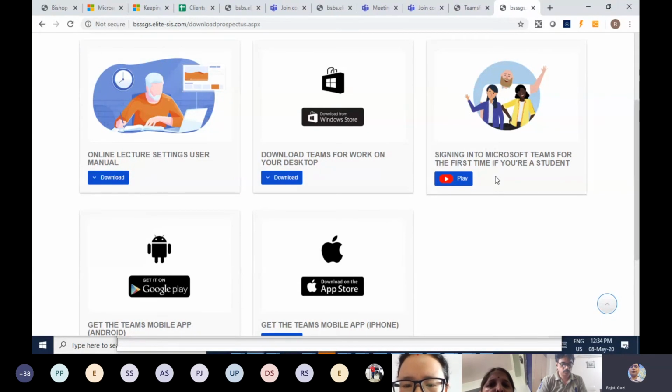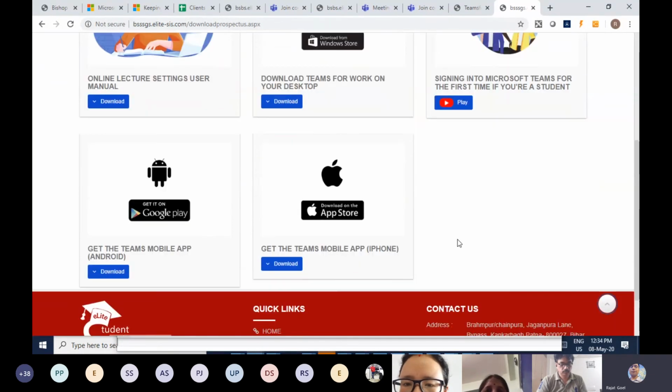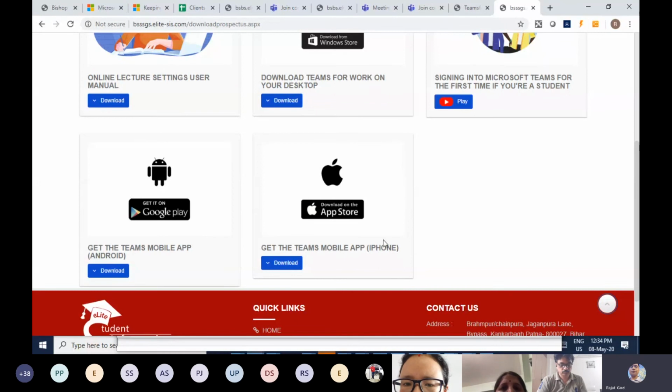And another one, you can see there is a YouTube video specifically for the students, but the teachers can also go through it. This video tells how a Teams user logs in to Microsoft Teams the very first time. Next, you can see these two icons, Android and Apple. Here it tells you where to download the mobile app for Android or iPhone.